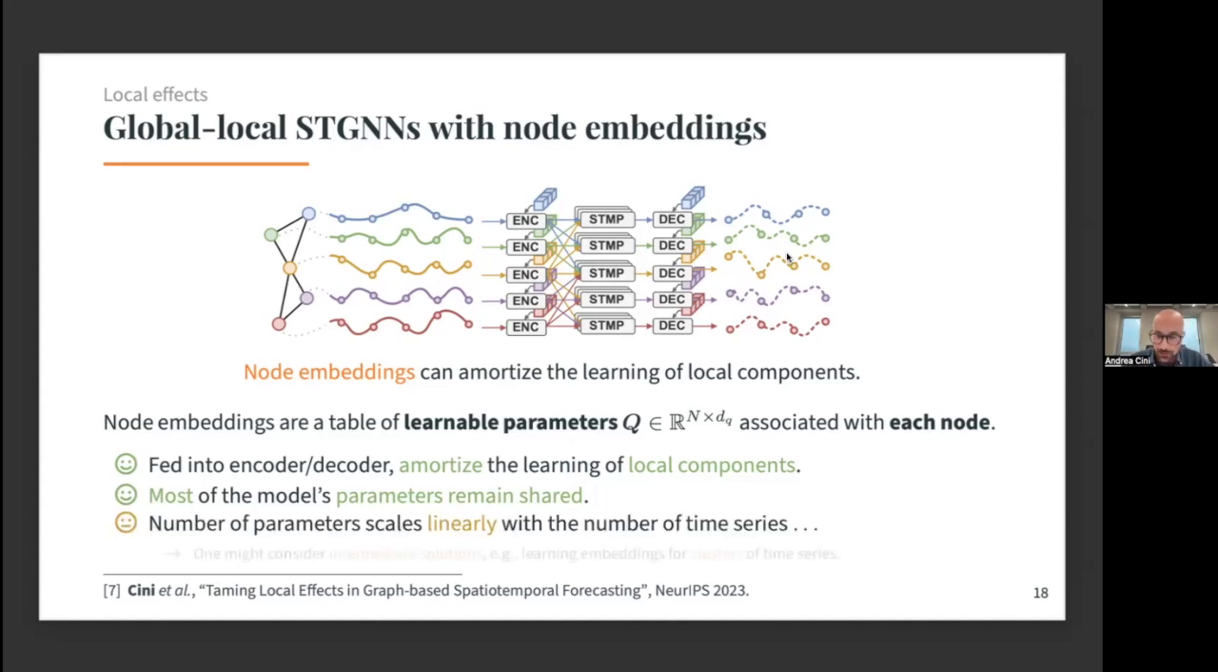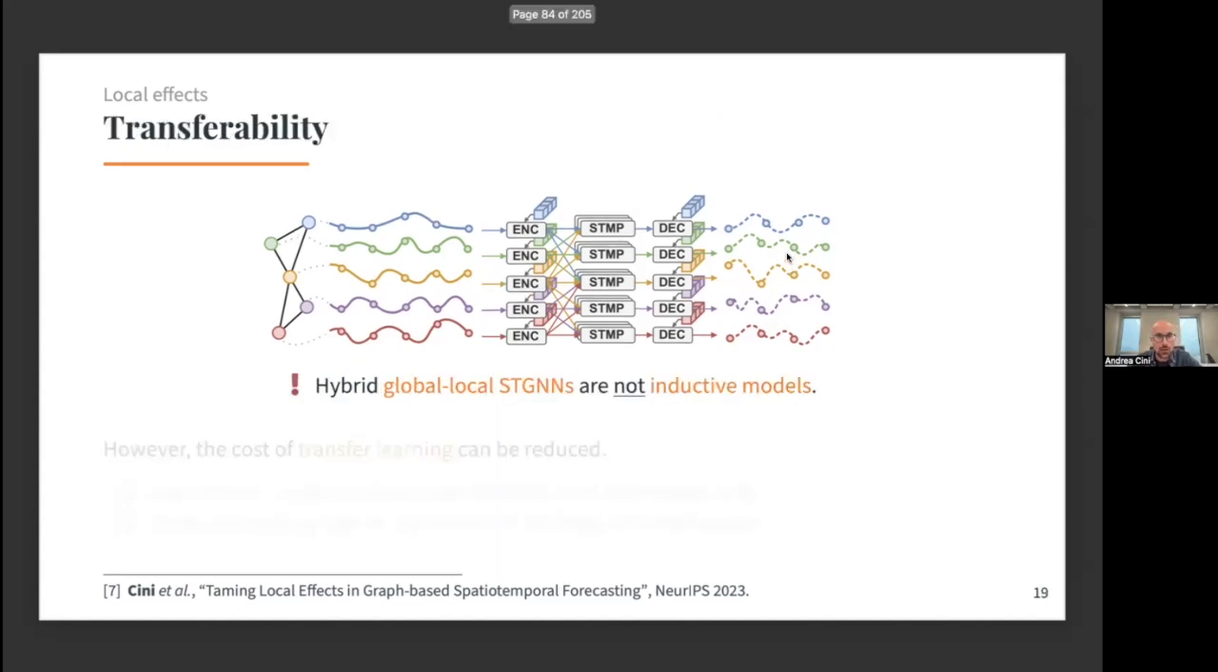The downside is that, nonetheless, the number of parameters would scale linearly with the number of time series. But if we have some constraint, we can use intermediate solutions where, for instance, we could learn embeddings for clusters of time series rather than for each signal that we want to forecast. The other downside is that using hybrid architectures, you would lose the possibility of using the model inductively. And while this might sound like a limitation, it can actually be an opportunity, for instance, in a transfer